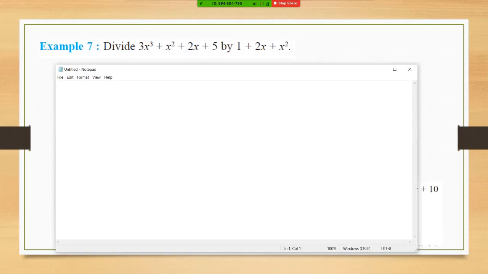Why split the middle term? You're dividing it, right? Before you do long division, you have to arrange them in the form of descending order or ascending order. So this is already in descending order. We'll go with this also in descending order. So we'll write it in the form of x squared plus 2x plus 1 and then start dividing. Always arrange them first. Arrange this also in descending order. Just put it the other way around.